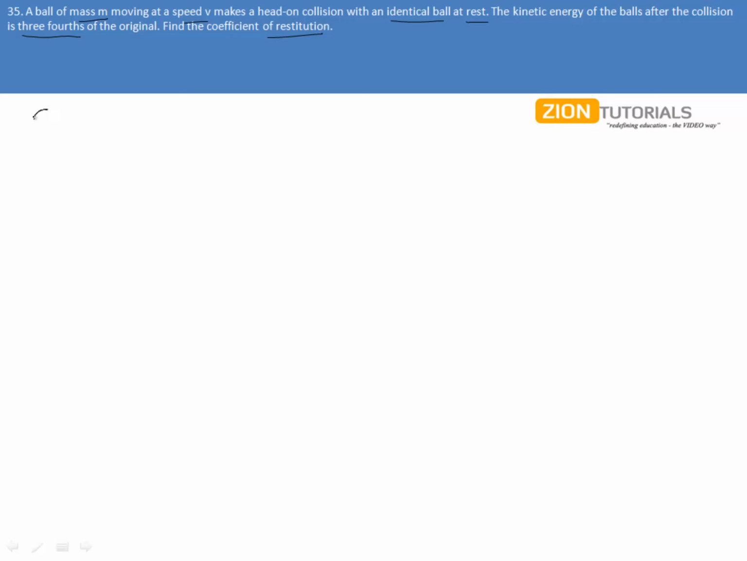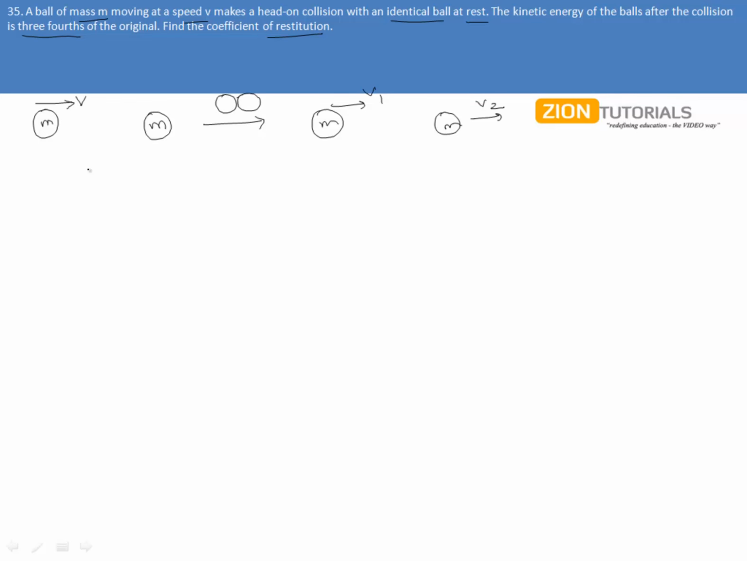So we have a ball of mass m moving to the right with a velocity v, and a ball at rest of mass m. Then they collide and move ahead with the velocities v1 and v2, and we have the transition state where they collide, and here we have been asked to calculate the